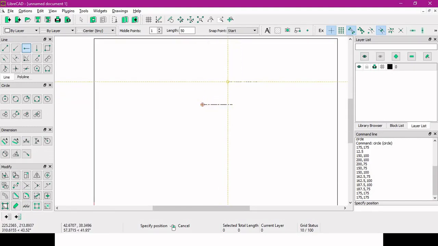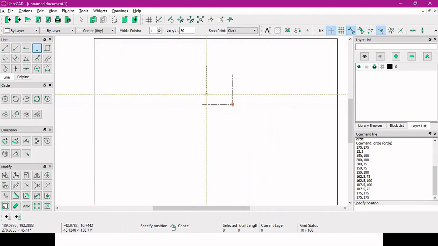That's done. Now use vertical line. The length of this line is 50 and you can use a start point. So already we have kept the snapping options as snap at endpoints, so it will show directly the endpoint.